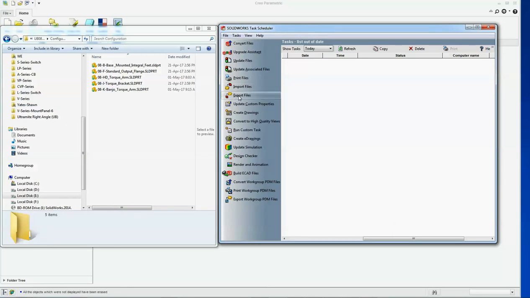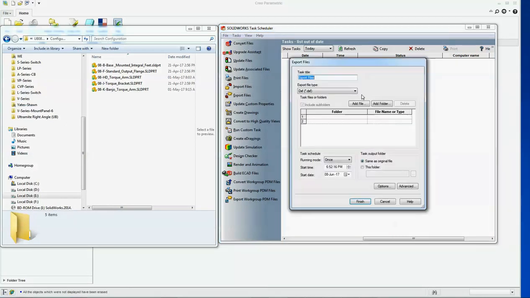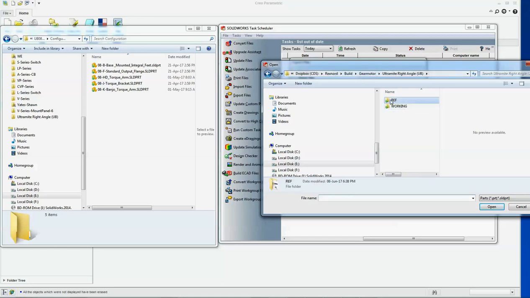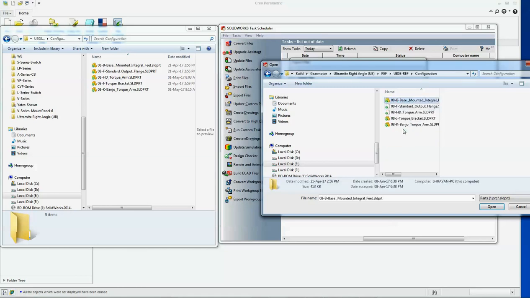I'll use export files, and I will choose IGS, and I will add these files here. So the path is here, UB08, ref UB08 configuration. So these files I will add.